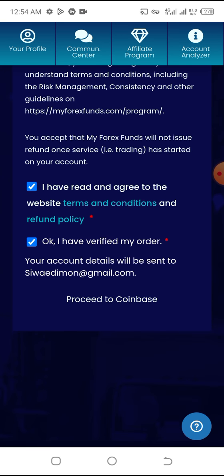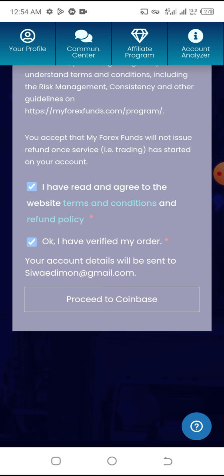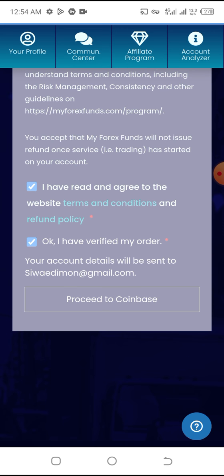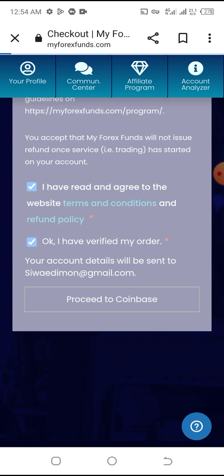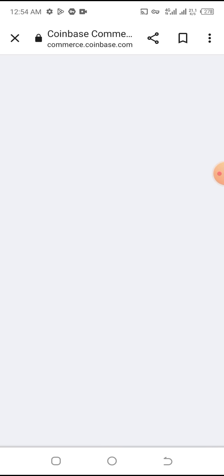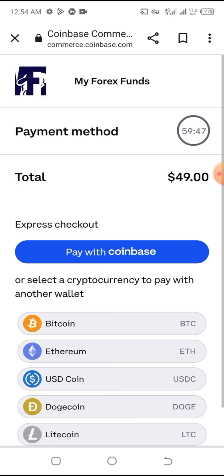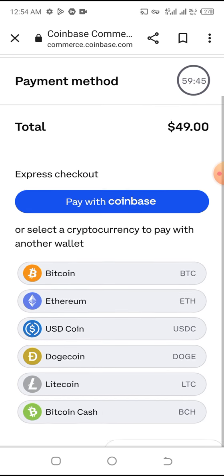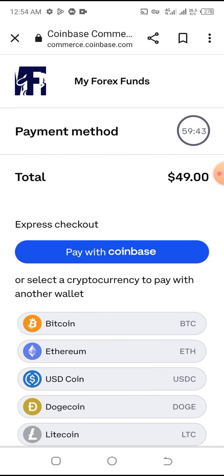Okay. Then it will take you to Coinbase. Now when you reach Coinbase, you're going to choose whether you're going to use Bitcoin, Ethereum. So let's see. They're going to give you that address to pay. Now let me show you how it works. So this address is directly for you. Now like the email that I used for opening this account,